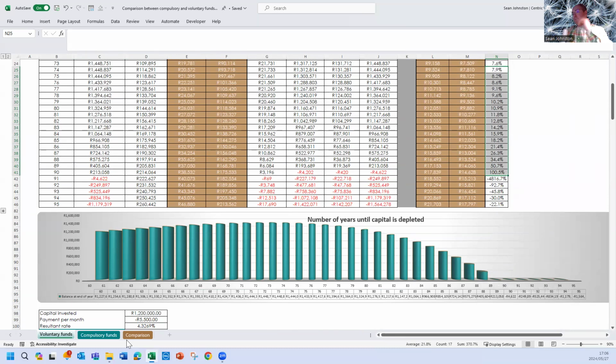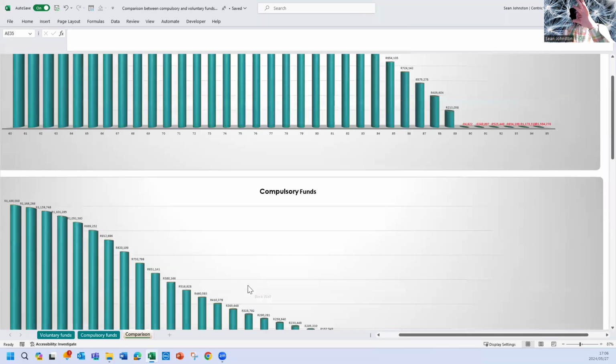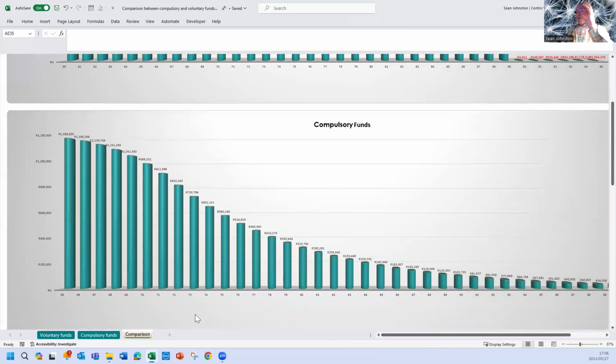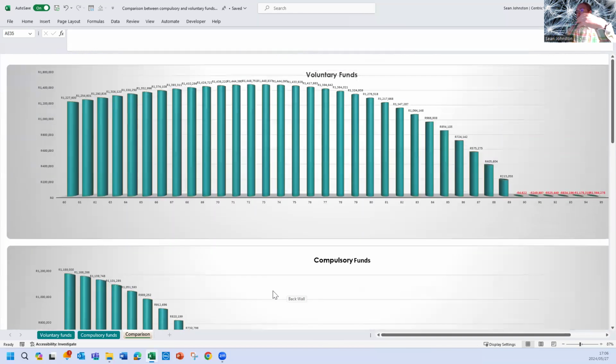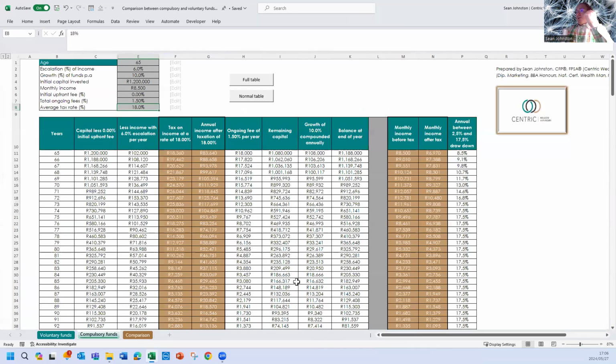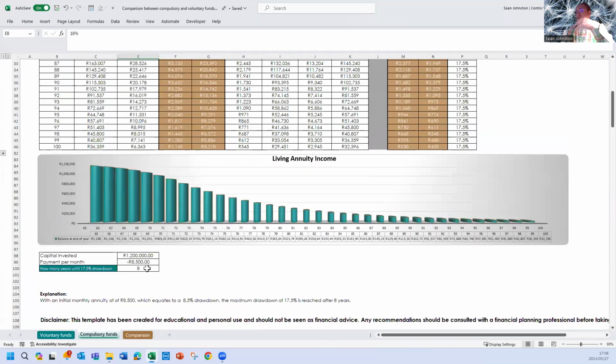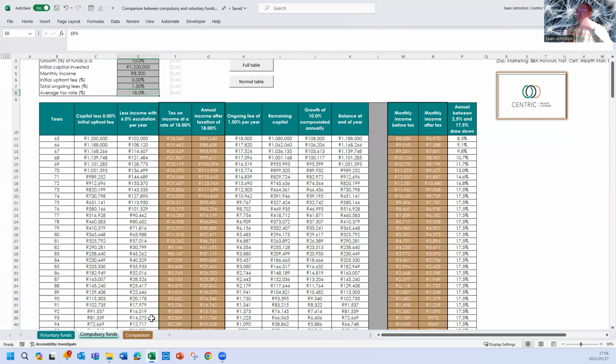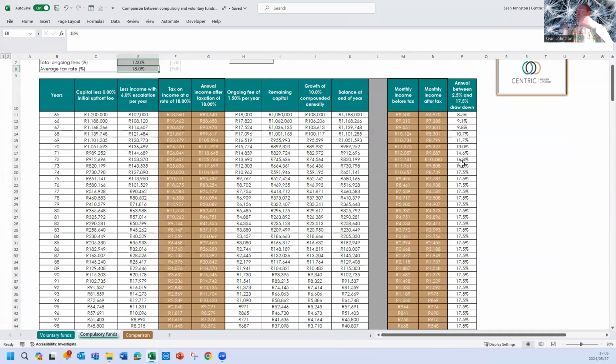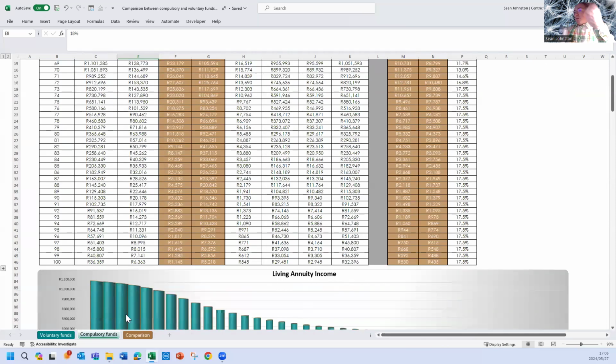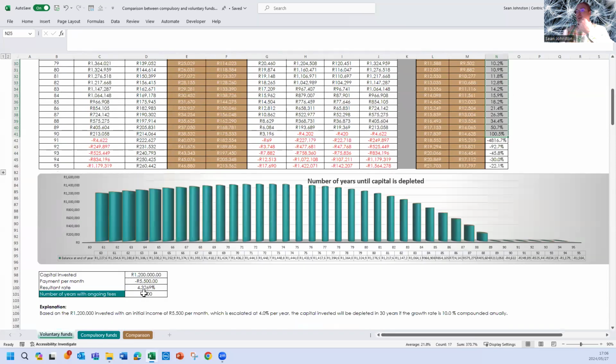And I created this for myself really because I wanted to understand the differences between the two when you model it. And this is a calculation you can't really do on a calculator because you don't know exactly when it's going to reach 17.5, and your time value of money calculator is not going to know either. And secondly, you're not going to know exactly when the money is going to run out. And I've done that already.